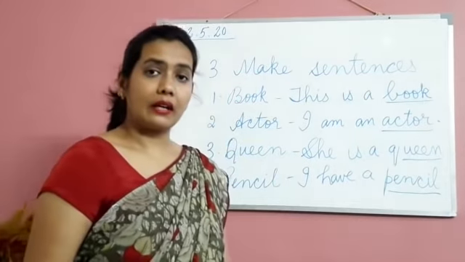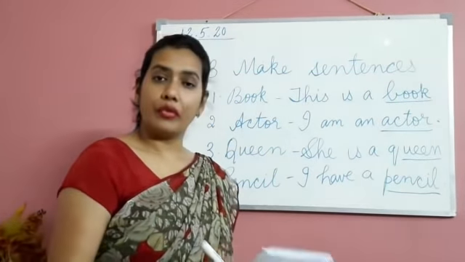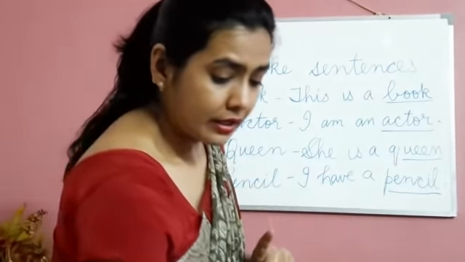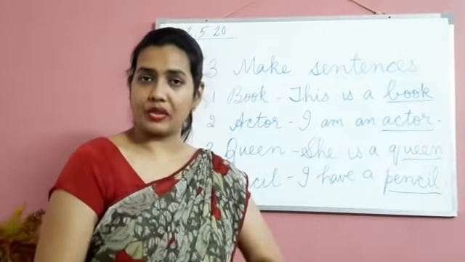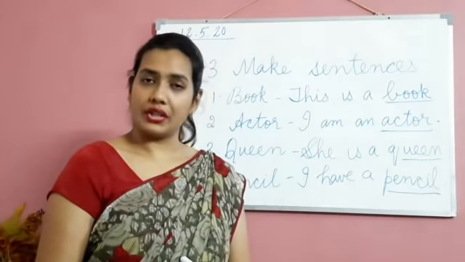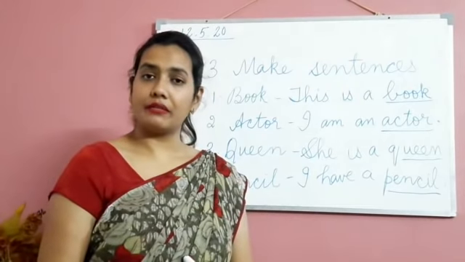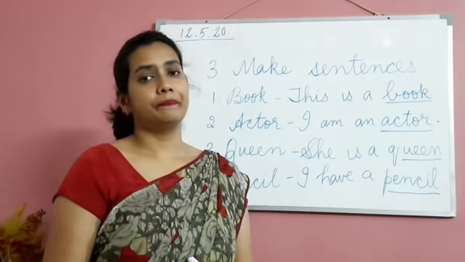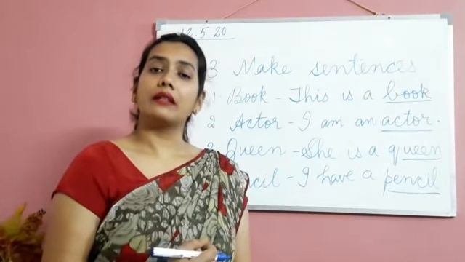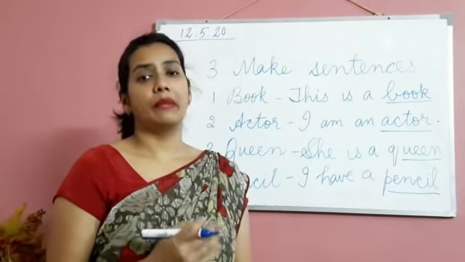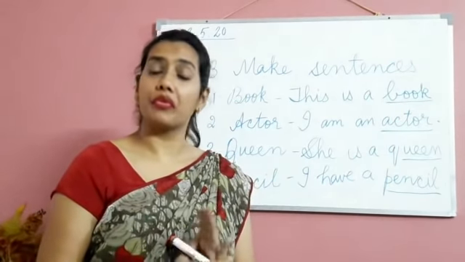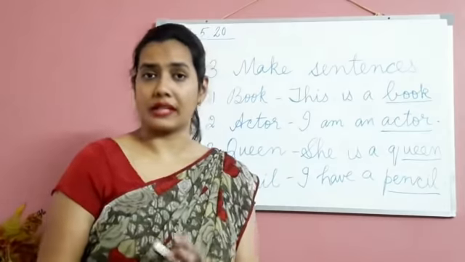Okay students, here are only 4 copy work. One is the question number 1, write first 5 lines of the poem. Question number 2, dictation words. Question number 3, that is word meaning of the lesson. And the question number 4 is make sentences. Okay, you have to do 4 exercises in your copy related to this lesson.